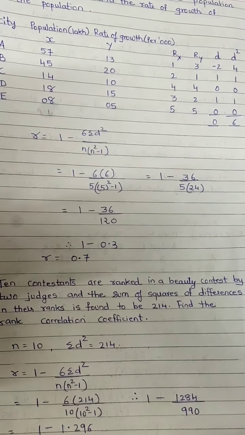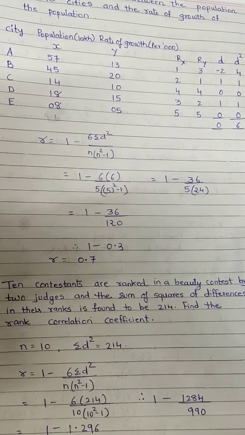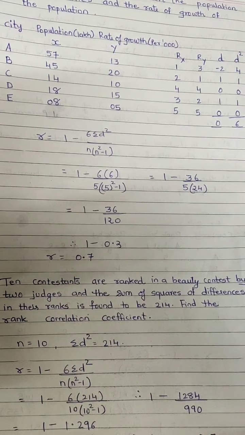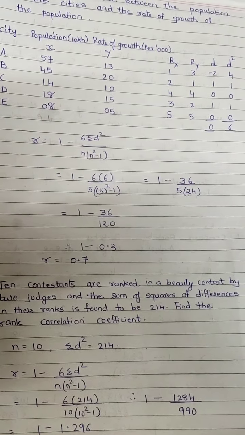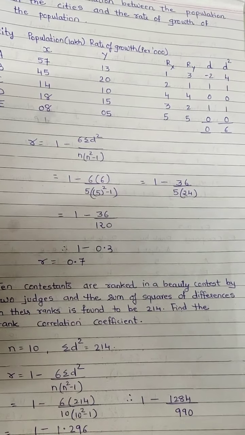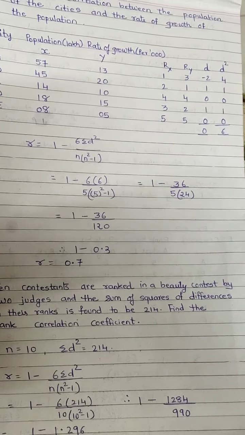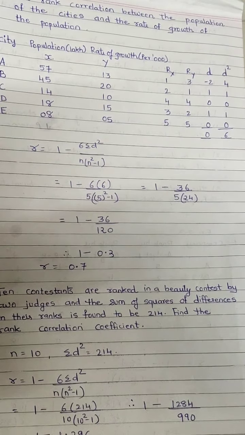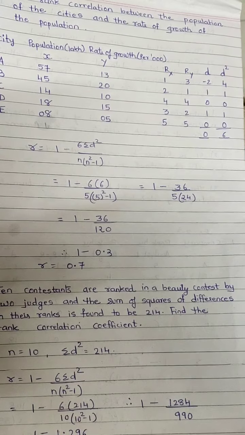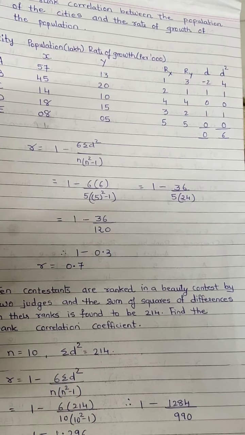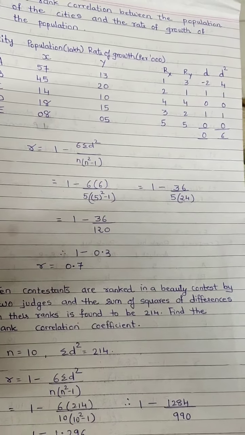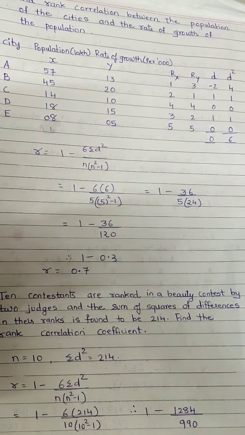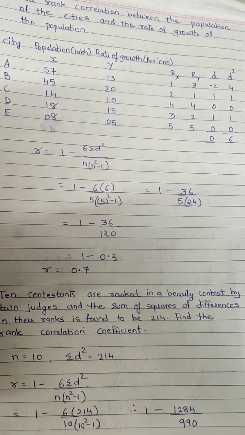Substitute this value in the formula. R equals 1 minus 6 sigma D square divided by n into n square minus 1. So 1 minus 6 into 6, divided by number of observations n, 5. So 5 into 5 square minus 1. So we get 1 minus 36 divided by 120. So 36 divided by 120 comes to 0.3. So 1 minus 0.3 equals